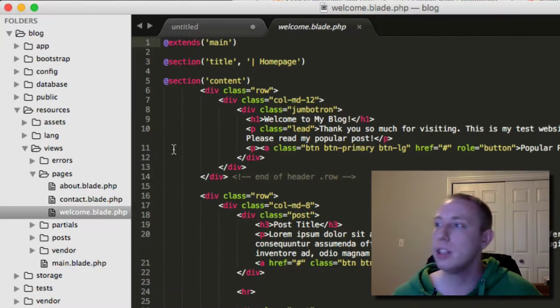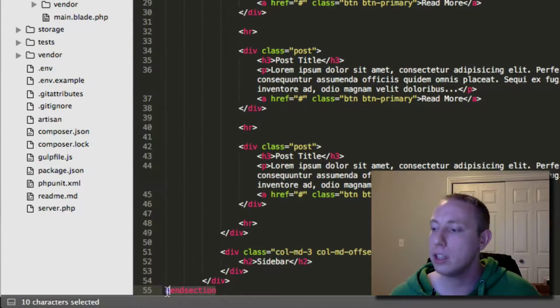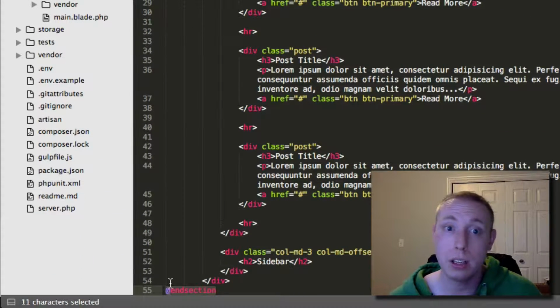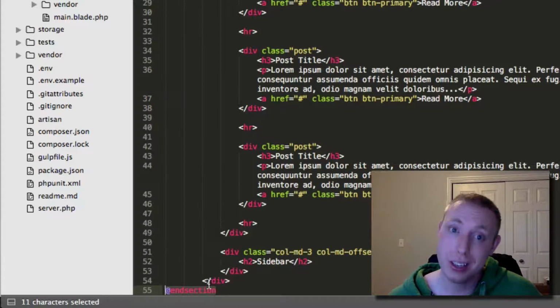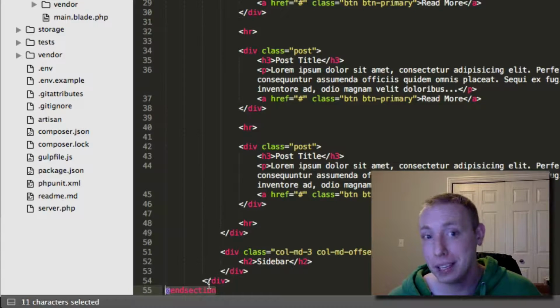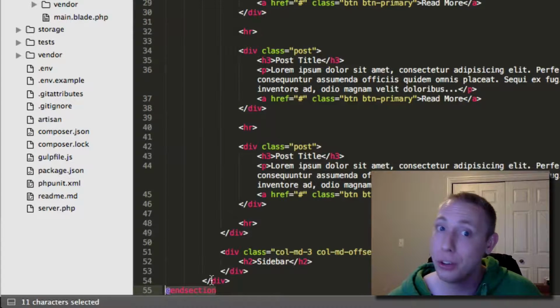And in my sections, I'm actually ending all of these sections. I've been teaching you guys to end the sections with something called end section. And some of the students out there are going out and reading the Laravel documentation. And good for you. You should be. That's awesome. However,